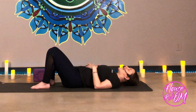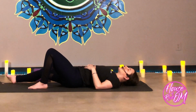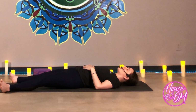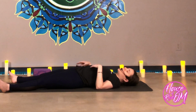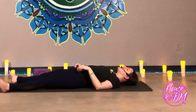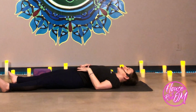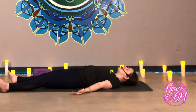And if you have time, I encourage you to come to an extended Shavasana, sending both legs out long, guiding your heels to the outer edges of your mat and letting your toes fall out and open. And if you do have a blanket or a towel, feel free to unfold that blanket and cover yourself up. It's really common to get kind of chilly in final relaxation, so use that blanket to give yourself some warmth. Wrap yourself in compassion. And then rest your hands by your sides, flipping your palms open to the sky,